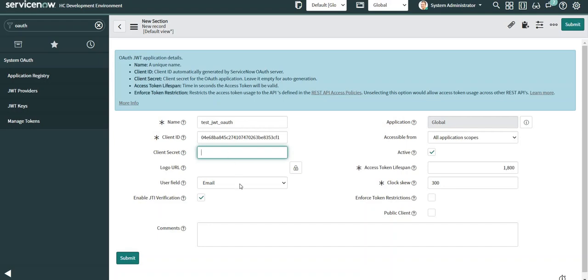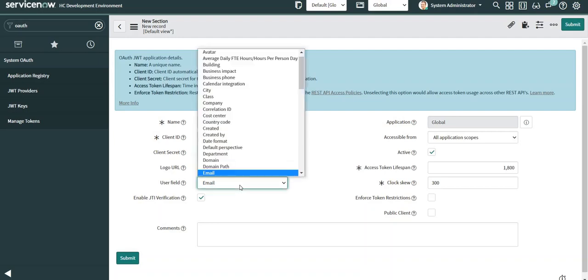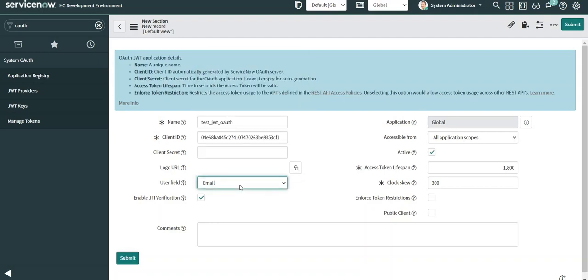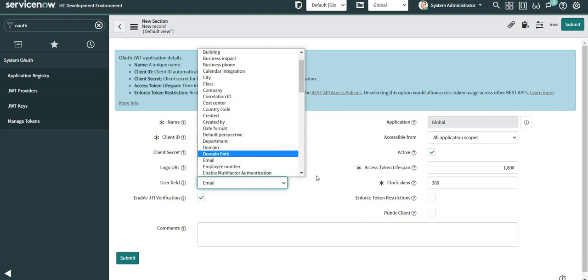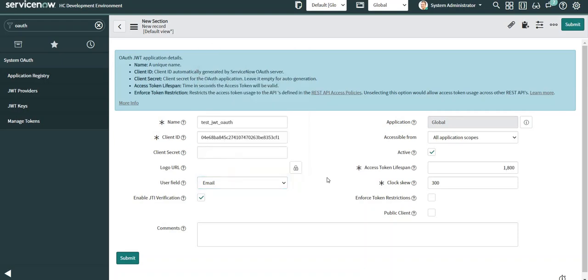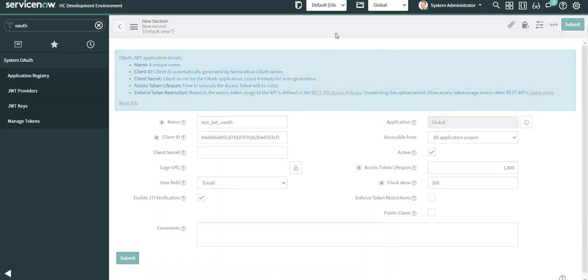And the basis on which the JWT token will be generated and accepted by the system is the user specific fields. So by default email is selected and I also prefer to use email, and based on your organization setup you can also select probably user ID if that makes things easy for you. And let me save this record